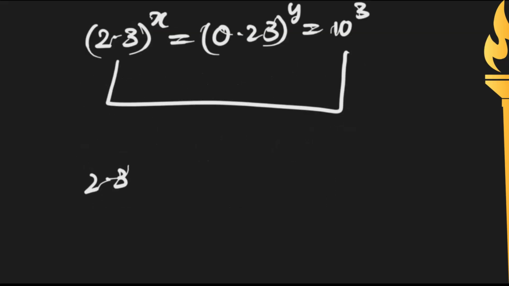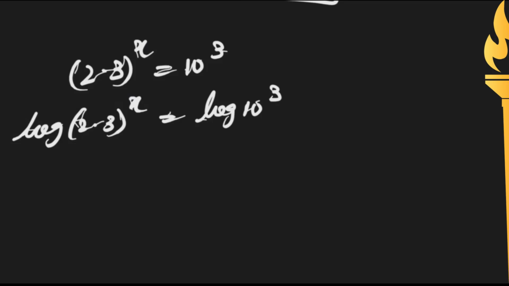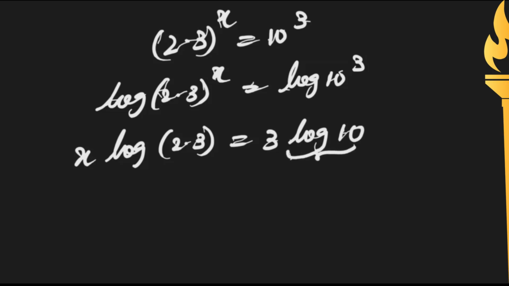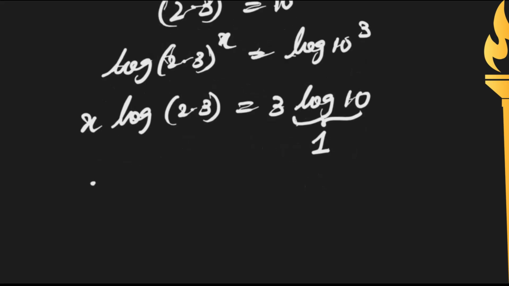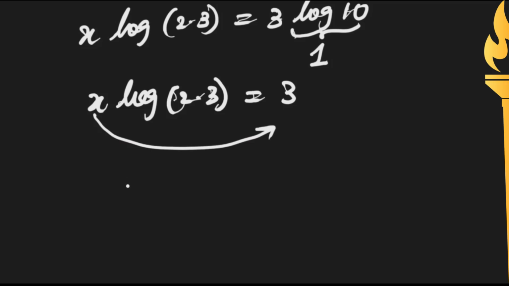We would get 2.3 power x is equal to 10 to the power of 3, and if we apply log on both sides, we would get log of 2.3 power x is equal to log of 10 to the power of 3, which would be x log 2.3 is equal to 3 log 10, and log 10 is actually 1, so x log 2.3 is equal to 3,